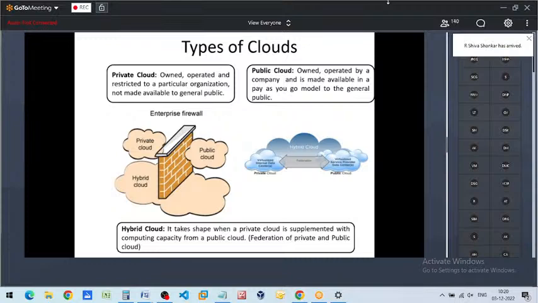hybrid cloud. So this hybrid cloud, in fact, talks about the federation of the private and public cloud. So usually the requirement of hybrid cloud is you are using the private cloud, and as and when the demands arise, you may have to use the resources coming from the public cloud. So when you make this kind of federation, private and public becomes a hybrid